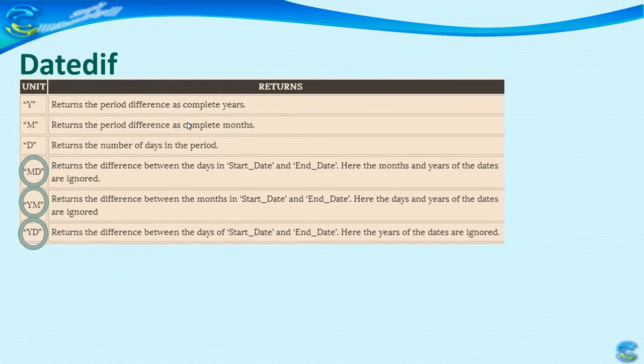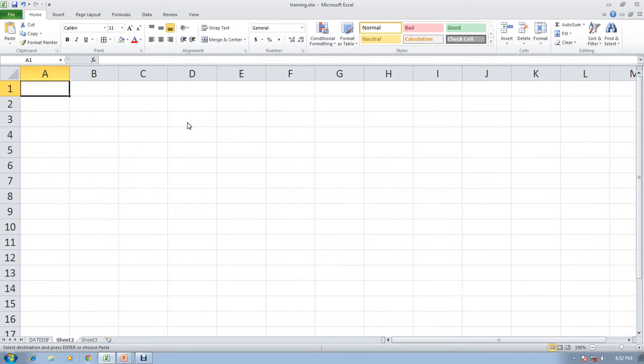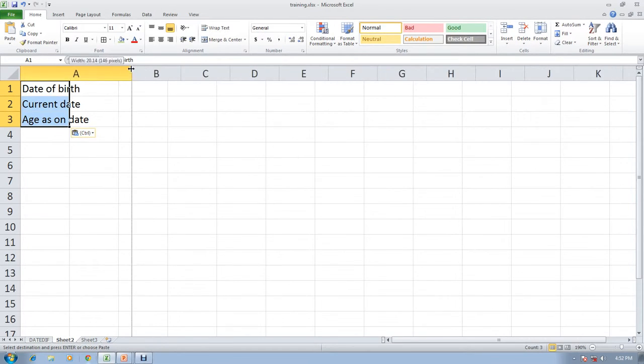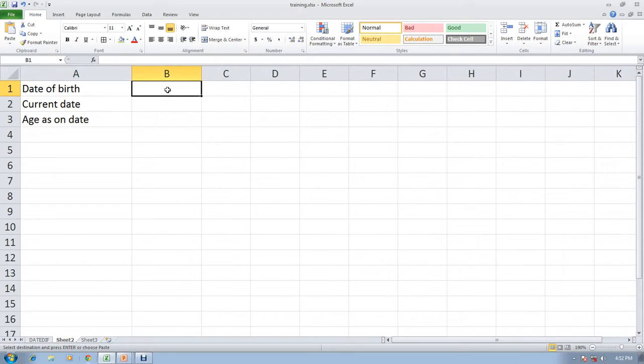And coming to the demonstration of the Excel formula DATEDIF. To use this formula, what are your requirements? You want to know the age as of today if you know the date of birth. That's why I'm taking two inputs. One is the date of birth. Suppose the date of birth is 1/1/1980, and if the current day is 6/4/2014, then I want to calculate the number of months, number of years and number of days as of today between these two.